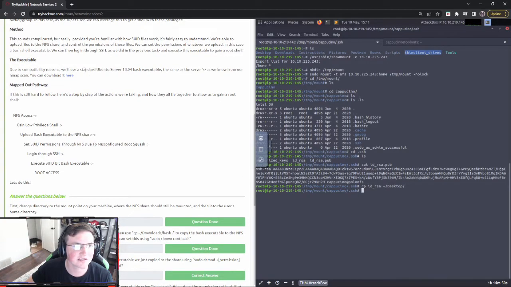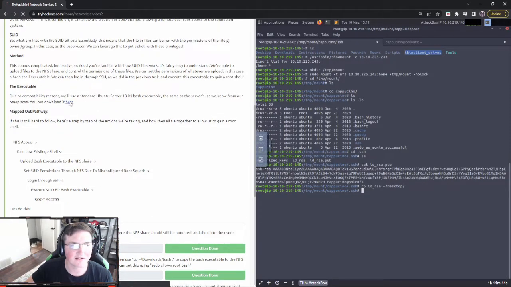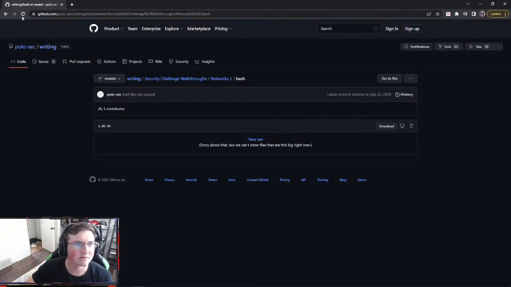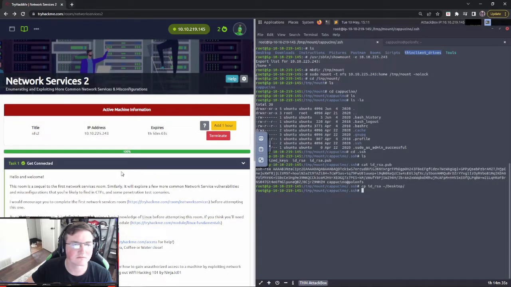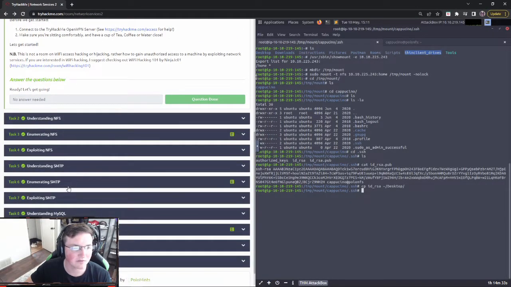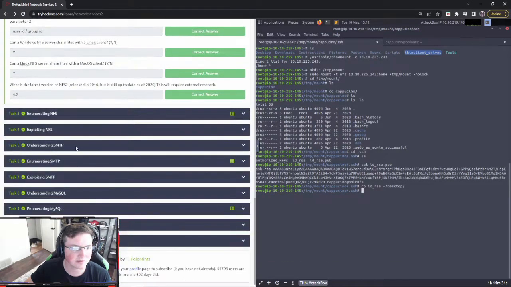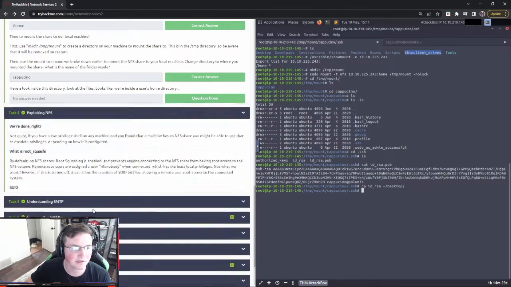Okay, so it says, due to compatibility reasons, we'll use a standard server bash executable. You can download it here. I didn't think that would take me to a new page. We're going to download that bash script.